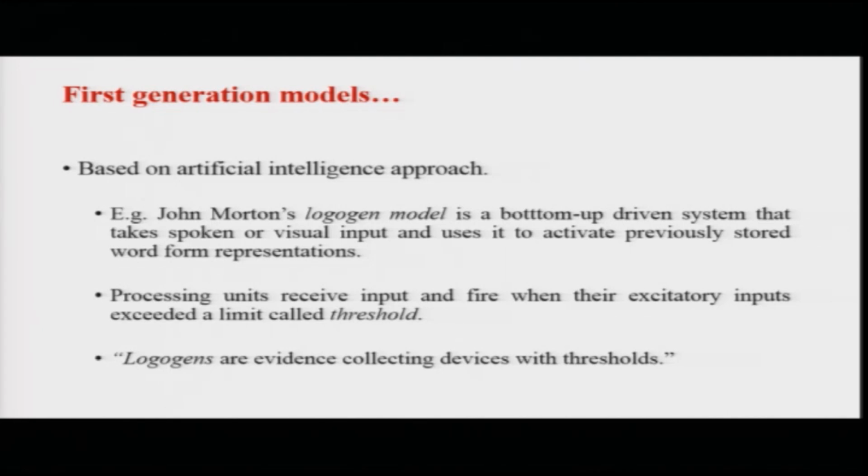In John Morton's logogen model, the processing units are called logogens. Each logogen represents a word, and logogens basically are, you can look at them as evidence collecting devices. So, typically if I were to draw, I would draw a kind of cylindrical thing. You have these bars when some work is happening, when you are transferring some file from one system to the other. There is this bar, and it keeps getting filled until the entire thing is done. So, this is an evidence collecting device. As soon as the evidence reaches 100, this entire bar becomes green. If the evidence is 50%, the bar is 50% green and 50% gray or something like that. So, you can look at logogens as those kinds of things.